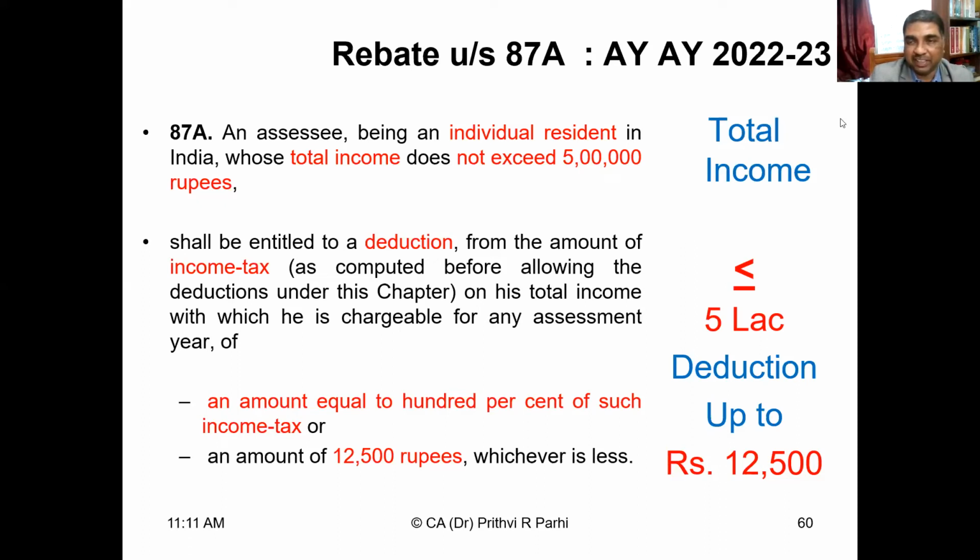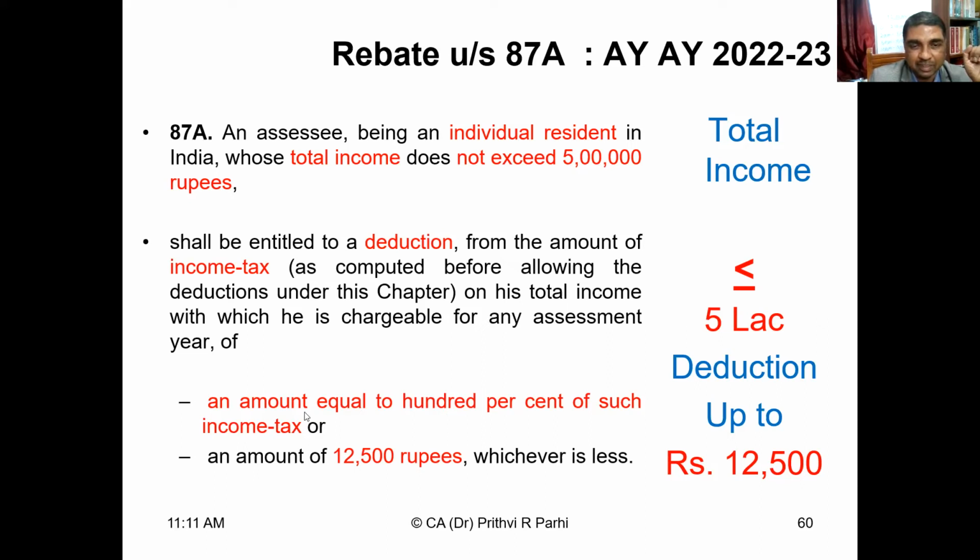Now, friends, have a look at the provisions of rebate under section 87A. I had already told you. Now read the exact provisions. It says an assessee being an individual resident in India whose total income doesn't exceed 5 lakh rupees shall be entitled to a deduction from the amount of income tax as computed before allowing the deduction under this chapter, on his total income chargeable for any assessment year, of an amount equal to